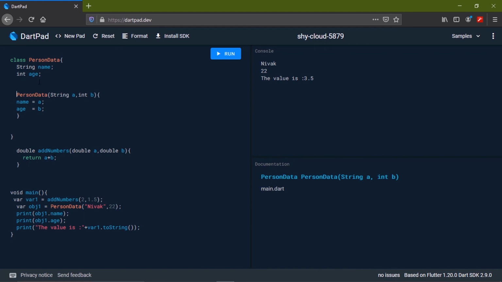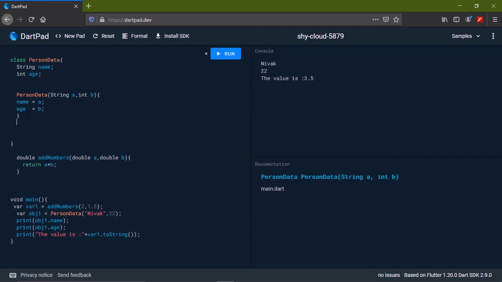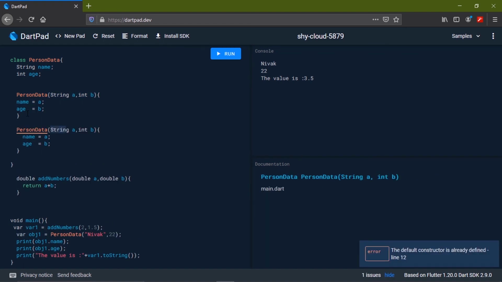I told you that a class can have multiple constructors, right? So let's see how to create multiple constructors. But before that, you have to understand that the Dart language doesn't support constructor overriding. But there is a way in which you can define multiple constructors for a particular class. Usually if you create another constructor, even with a different number of arguments, you will be getting some errors. In order to tell the Dart compiler that you are creating another kind of constructor, you can use named constructors,